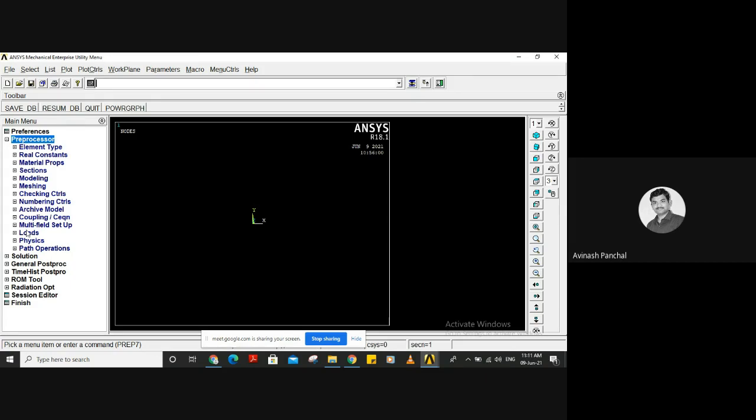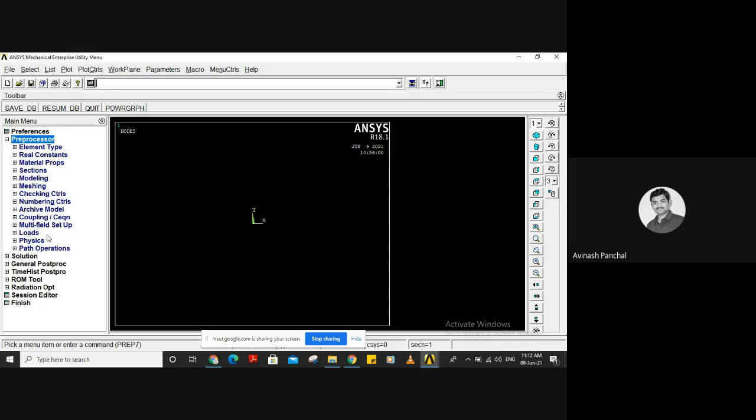That means fixed points and support points that we need to give there. Also whatever forces are acting on this body, we are going to apply there: loads, moments, distributed loads, varying loads, or any movement acting on the body.